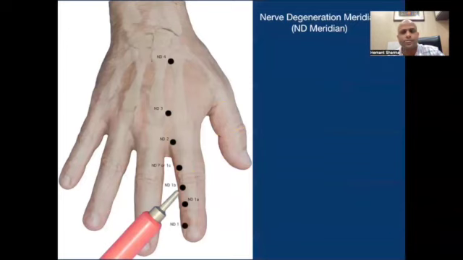Let's see this one. This is the nerve degeneration meridian, and with the help of this, we can treat problems of the nerves, whether the problem of the brain, the problem of the meninges, the nerve of the arm, or the nerve of the leg, the nerve of anywhere in the body, we can treat with the help of this nerve degeneration meridian. So we can see ND 1, 2, 3, 4 in that way. There are multiple points here. So ND1 here we can see